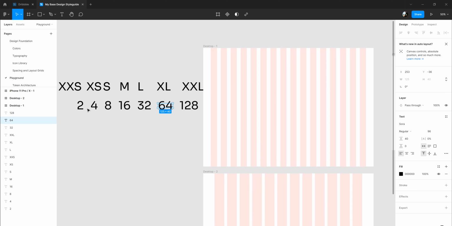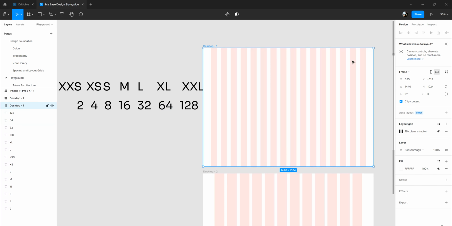Okay, now we have our spacing values, we have a naming convention for them, and we've applied this to a grid, right? How do I apply this spacing throughout my design? There are other ways for you to apply spacing. So first you have